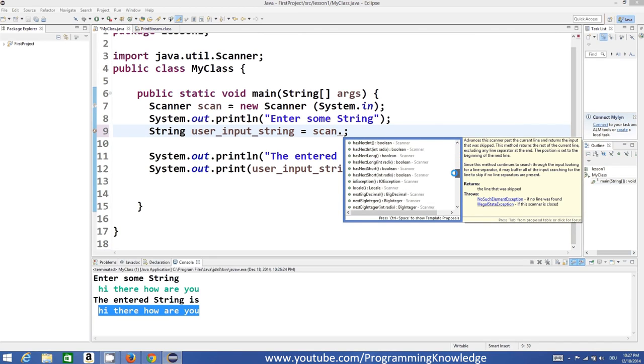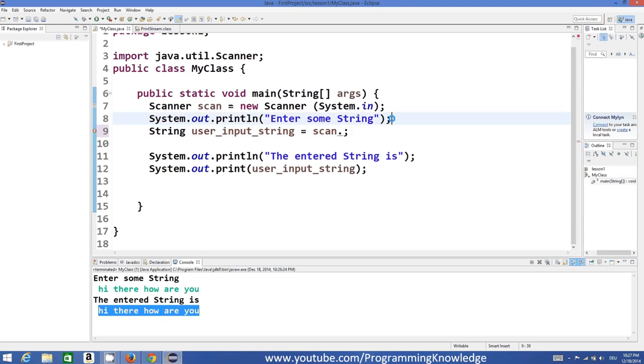There are functions like nextBoolean, which can take a boolean value, nextBigDecimal, nextBigInteger, nextByte, nextFloat. So whatever data type input you want to take, you just need to use the corresponding next function. Okay, so I hope you understood the basic concept of taking or scanning inputs from the user,